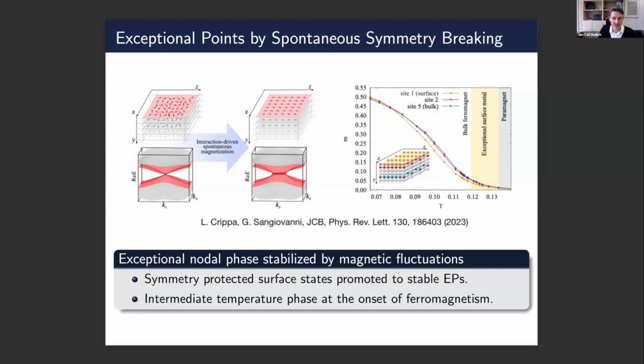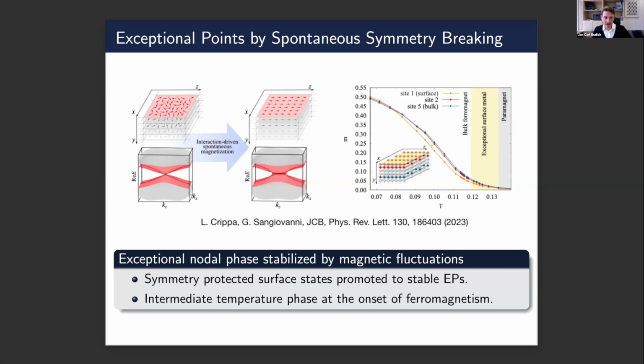So you can think of this at very high temperature, or at low interactions, whatever you want to tune, being described as a magnetically disordered system, which is a three-dimensional topological insulator, or here a weak three-dimensional topological insulator, which has these surface states similar to the ones discussed before. So 2D surface states protected by time reversal symmetry.